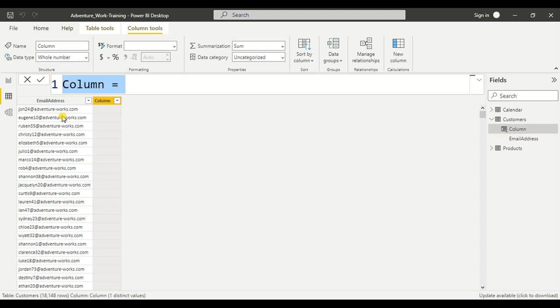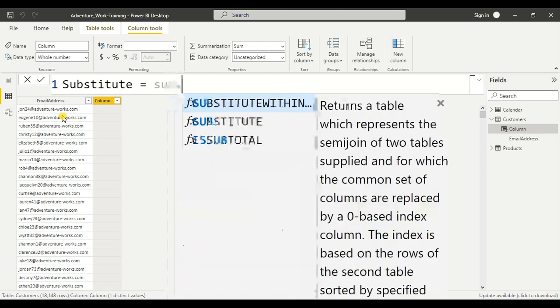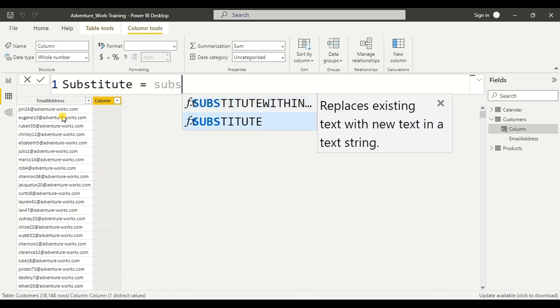Let me give the name for the column as substitute. Substitute is equal to, I'll use the function substitute,